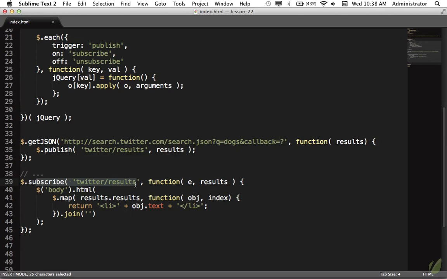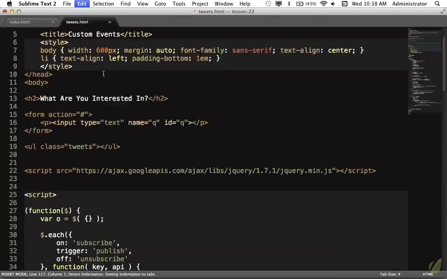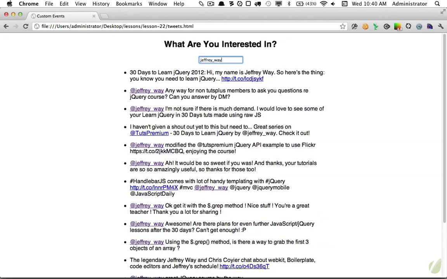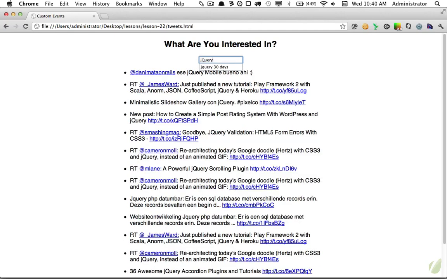So I will give you a final look at maybe a little larger version of this tweet project. So I've created a new file and I'm simply going to paste in this project. And now what we can see here is we've taken the tweet project from a couple lessons ago and we've expanded it. So we've set up search and replace, and we've also set up this text box so that we can by default display tweets about Tuts Premium, but then I can type anything else. So if I want to look for references to my username, I can type that in and notice that it will auto update. So I'm simply typing and then it will update that as long as I have more than 3 characters. If I want to look for all tweets that reference jQuery, type that in and now that's been